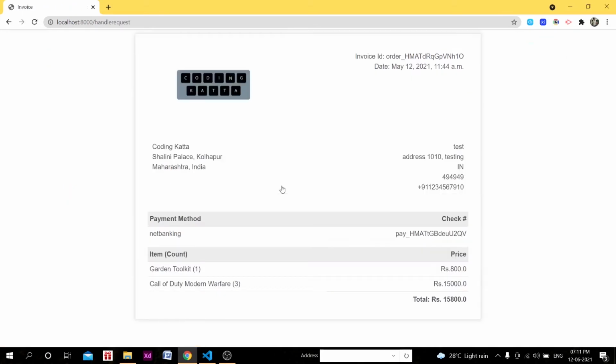Cool, right? So garden toolkit with item quantity 1, we have Call of Duty Modern Warfare CDs with quantity 3. The total price was 15,000, and all together the price is 15,800. Invoice ID is here, date is here, and remember we were adding that break tag. So this is the break tag actually, and done.